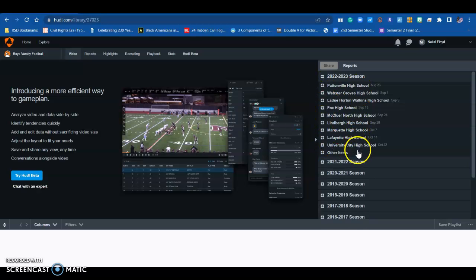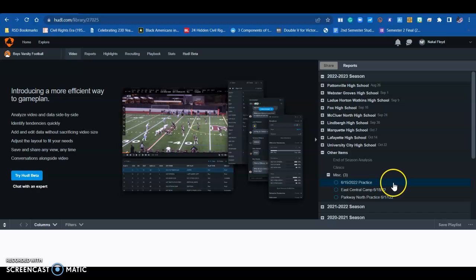I'm going to show you our schedule. Is not located underneath any of the games. If you go down here to where it says other items, click the plus button there, and then down where it says MISC, which is the abbreviation for miscellaneous, click there, and you will find all of our practice film,